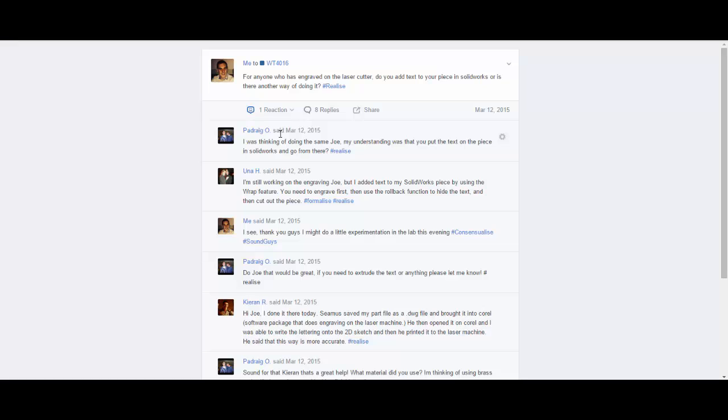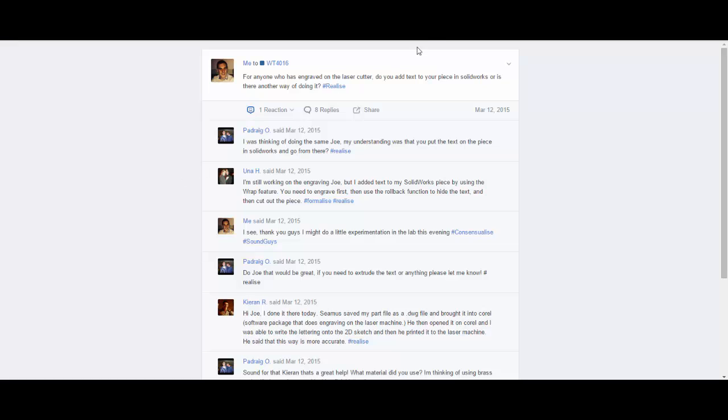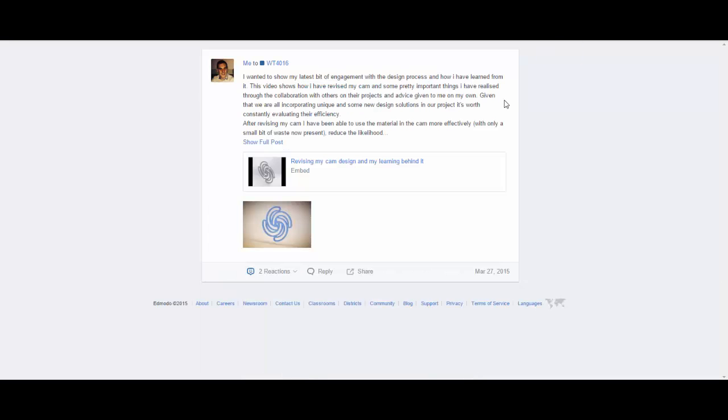I was able to go into the lab with a Corel file. I was able to download Corel first of all, and then go in with a Corel file and be ready to go on the laser cutter. I wasn't actually able to make it because it wasn't my turn, but I was ready and I was there if I was called. Whereas if this wasn't here, I'd have to go into the lab, I'd have to ask Seamus or Brian, see if it was possible. Then maybe in the lab I'd have to do it, and I wouldn't be able to work on other things in the lab. Wouldn't be able to use my time as effectively.